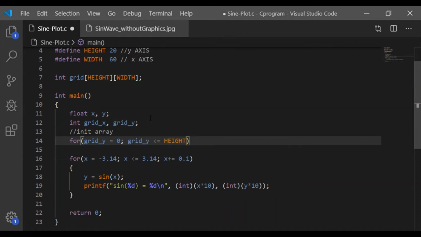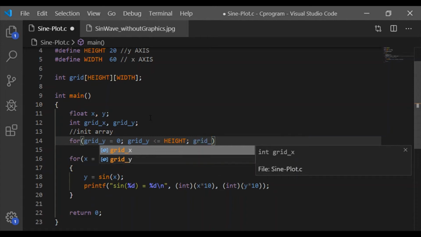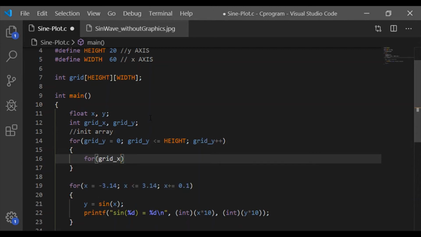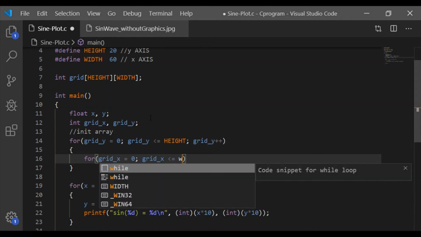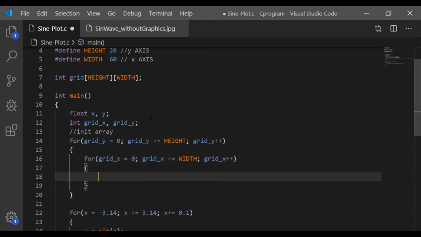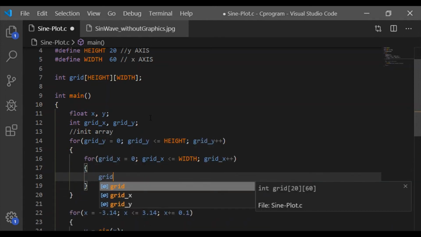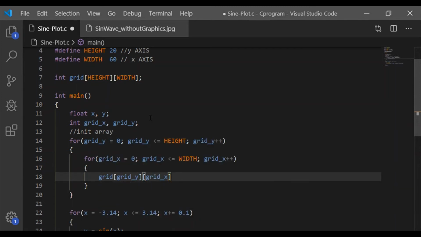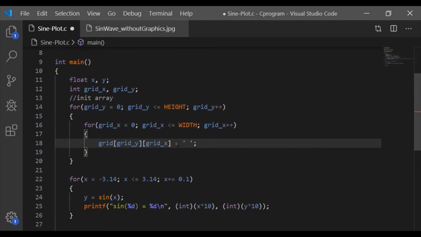For grid y from 0 up to height, here height is 20, and for every grid y value, grid x ranges from 0 to width, here width being 60. For grid of grid y, grid x, let us put the value as space. So in this for loop, we have initialized this two-dimensional array grid.